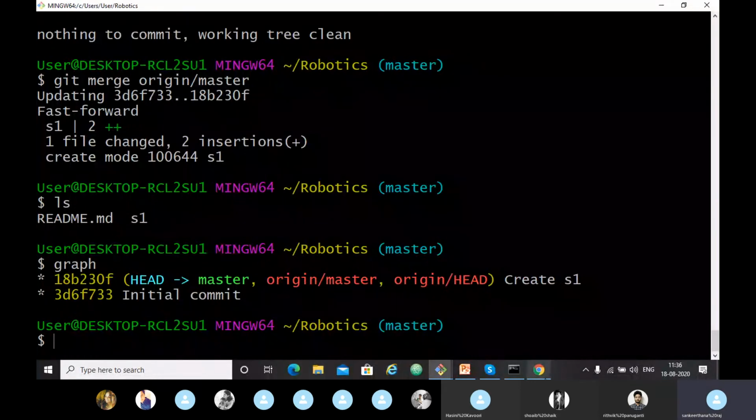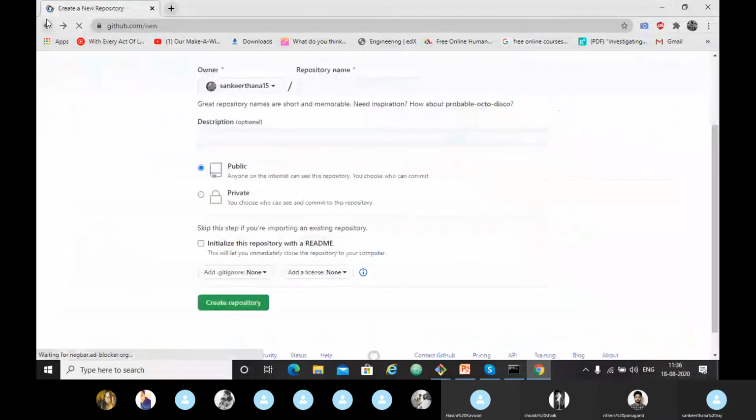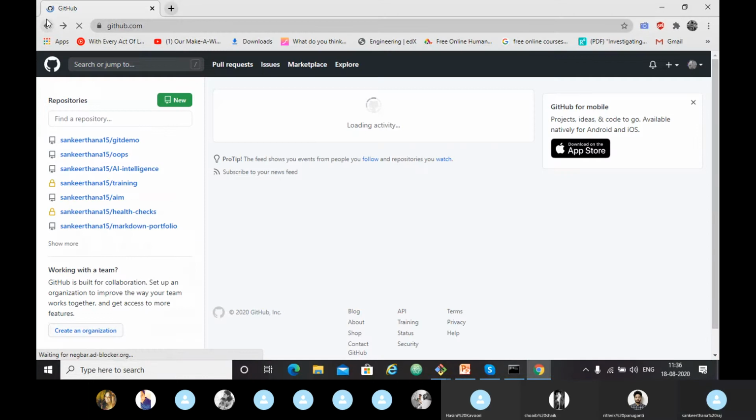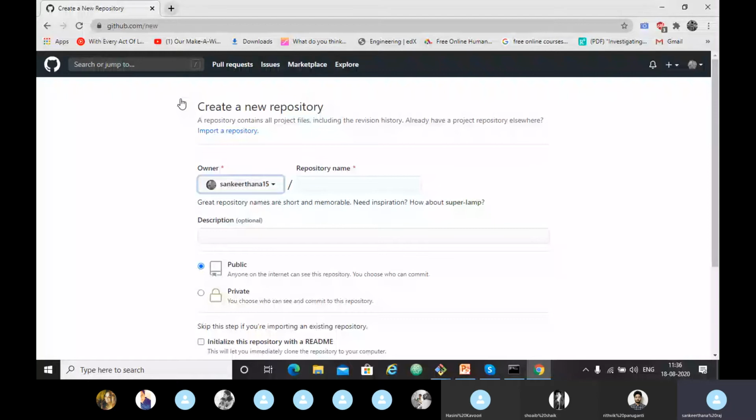Now I will create a new repository again. Just go back. To create a new repository, you just have to click new here. You just have to give a name here.